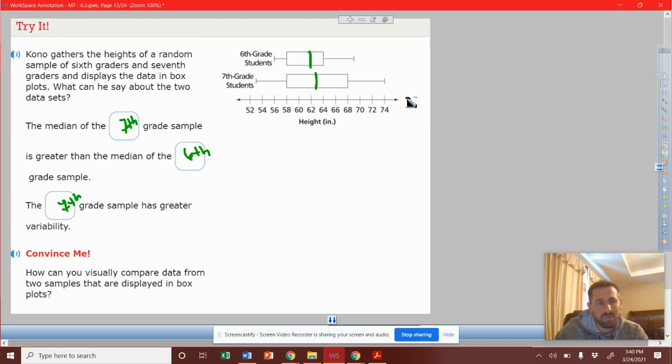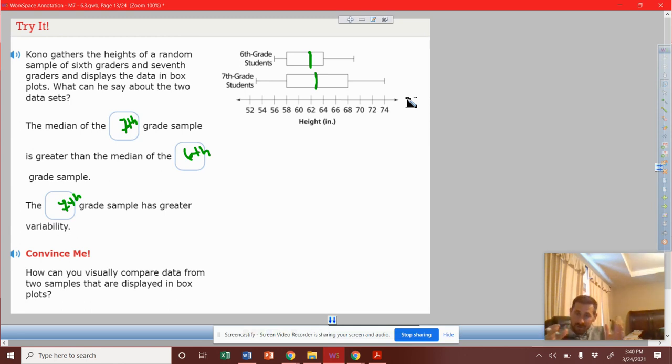So let's go to the last question. How can you visually compare data from 2 samples that are displayed in box plots? We talked about this in the last question. Looking at these quartiles and different pieces of the box plot, the more they're condensed, the more it tells you that a lot of data falls in that area. The more it's spread out, the more it says that data varies